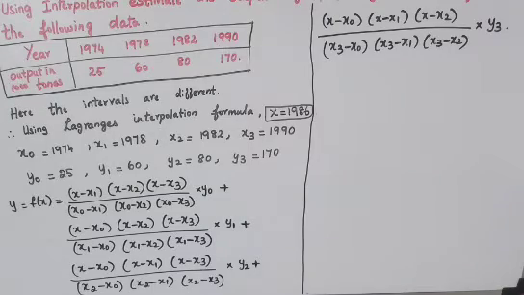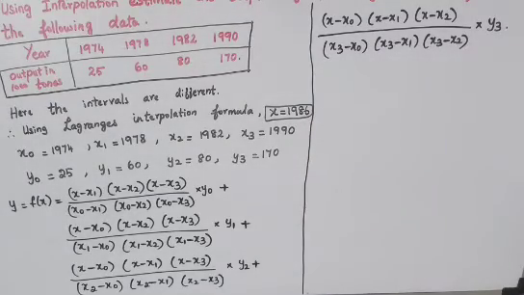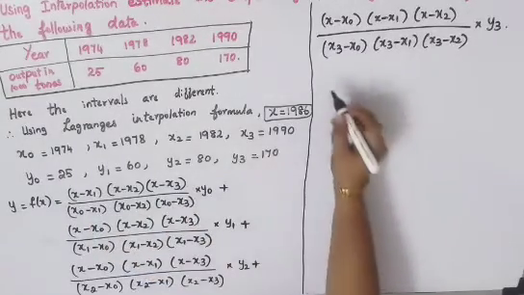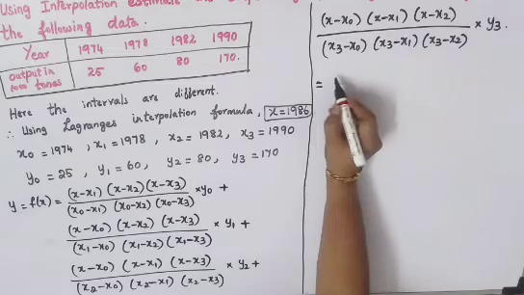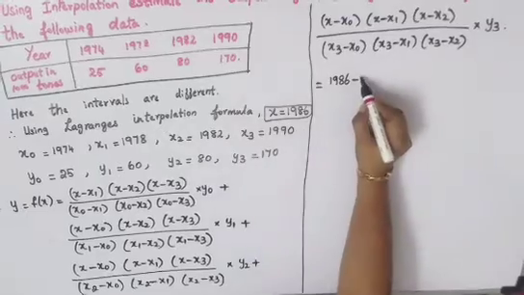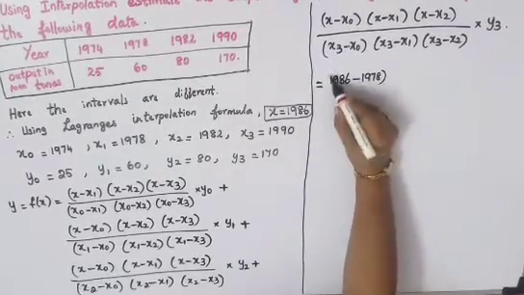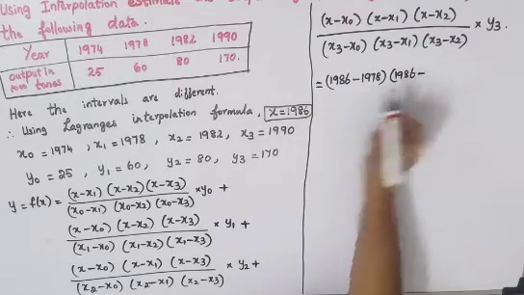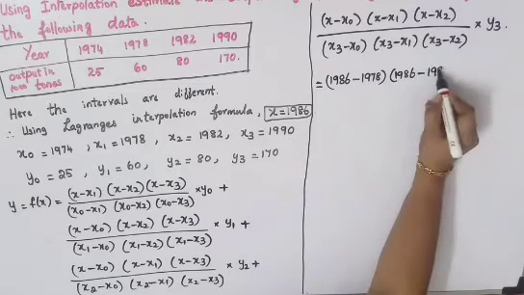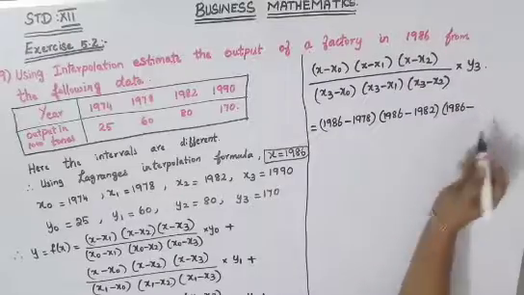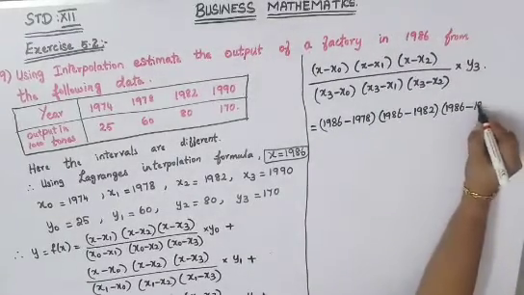So 4 steps of formulas will be there. So one line, second, third and fourth, all together this is called as your formula. We will have to substitute all these values in this formula. Okay, so first is x is there, we have got x is 1986. So equal to 1986 minus your x1, so that is 1978, into, again x is there, so 1986 minus x2 is 1982, then into again 1986 minus x3 is 1990,